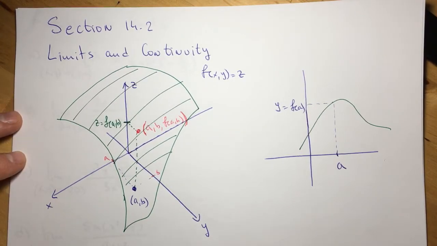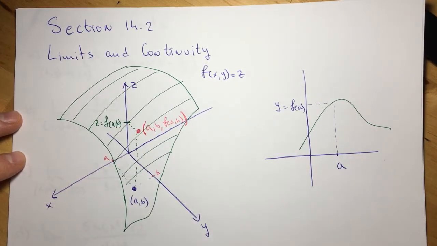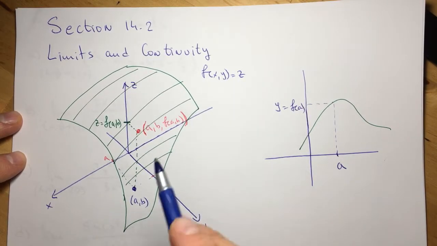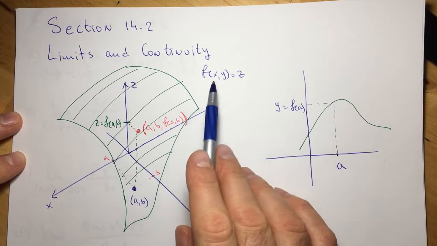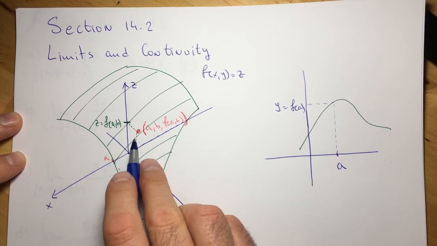In this video, we will cover section 14.2 that deals with limits and continuity of multivariable functions, and we will concentrate on functions defined in 2 and 3 variables. Okay, so this is a sketch of a function defined in 2 variables, f of x, y is equal to z. Okay, the idea is whether when we are approaching the point a, b, how much is the limit,